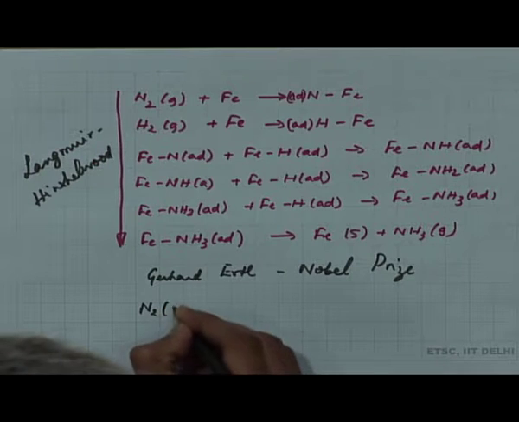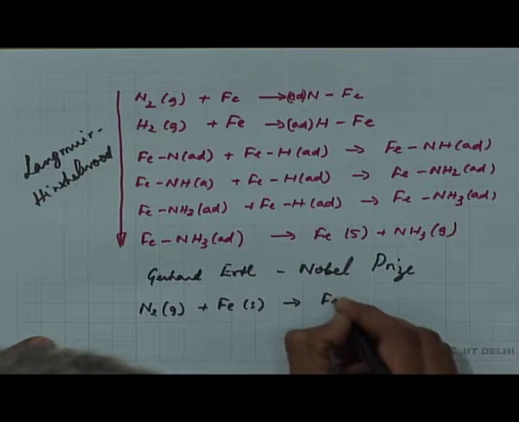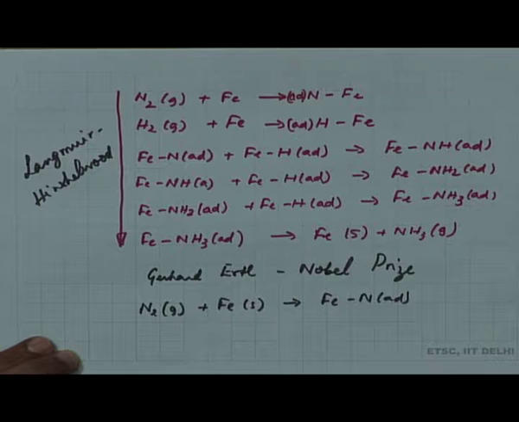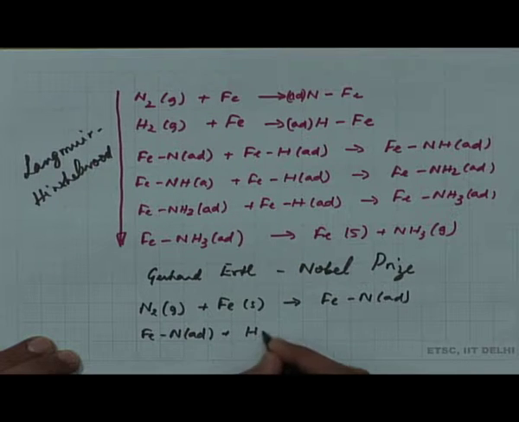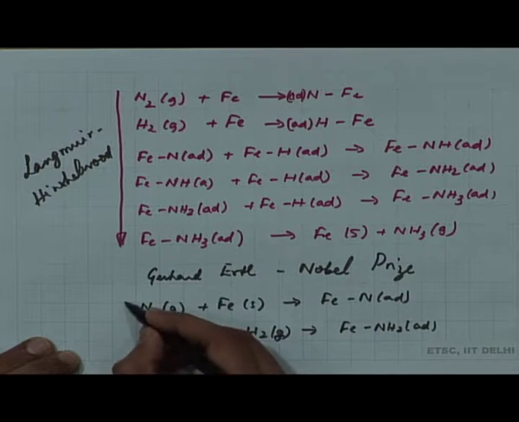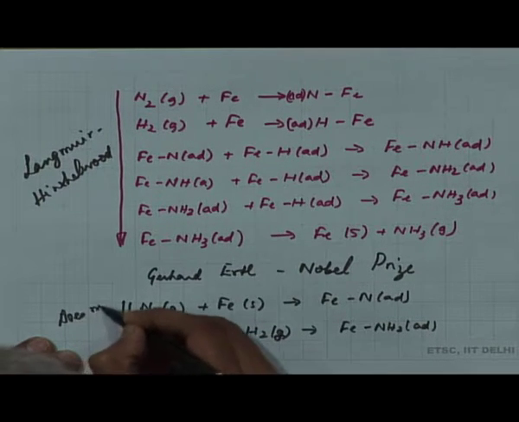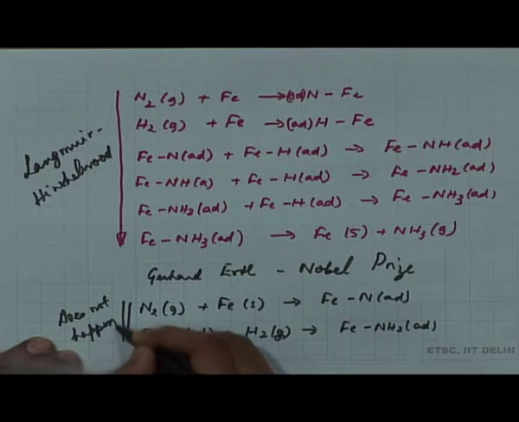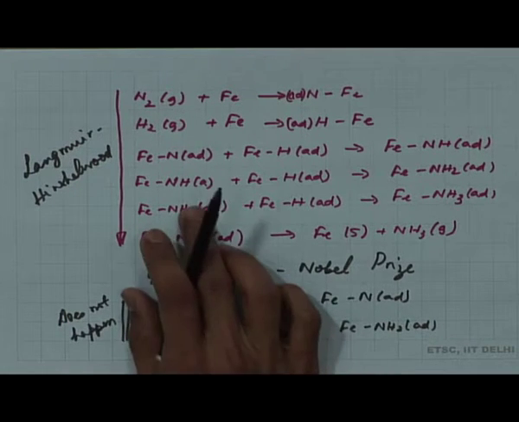You can have N2 gas plus the iron surface gives you adsorbed species, and then the adsorbed species could react with hydrogen in the gas phase to give you an adsorbed species, and then this could go on. This is a different possibility and this has been ruled out. So, this does not happen. So, this is an example of the Langmuir-Hinshelwood mechanism, and that is what works in the case of the ammonia